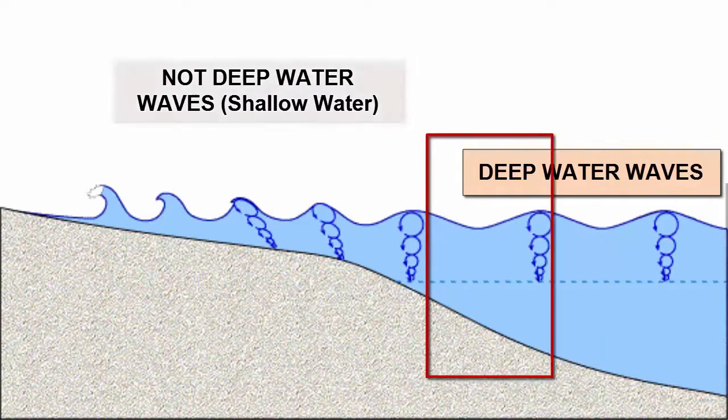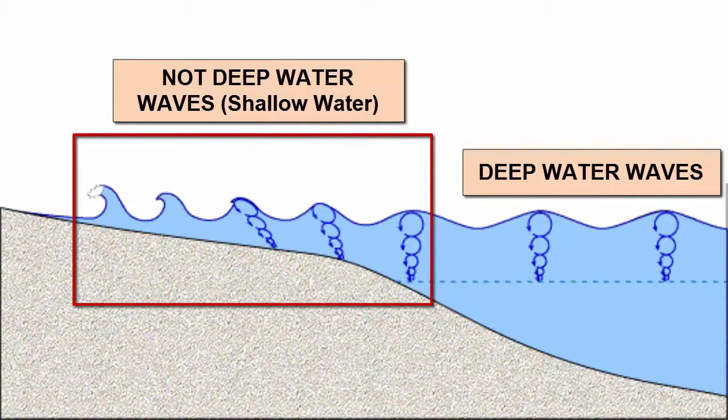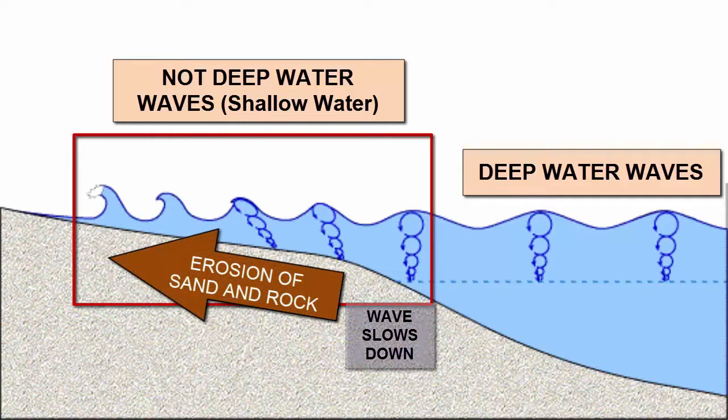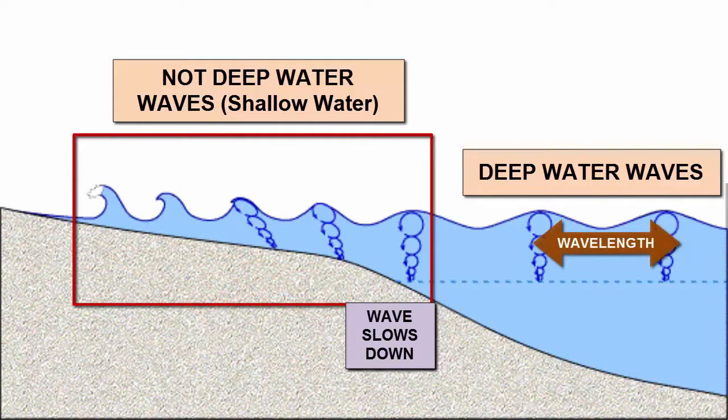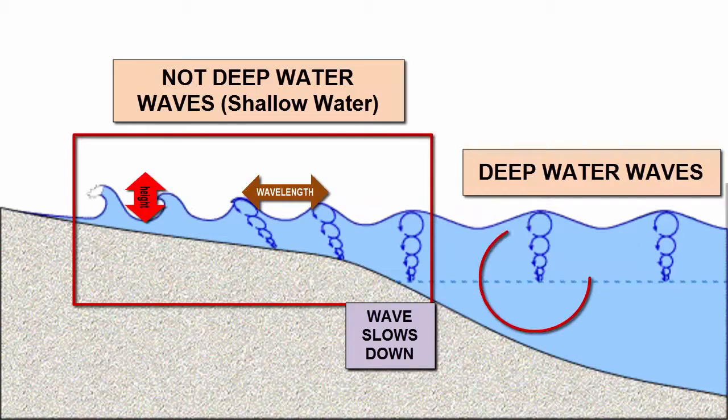Once a wave enters water that is shallower than its wave base, it now transfers its orbital motion to the rock or sediment on the seafloor. That transfer of energy will pick up and move sediment, erode rock, and generally cause a frictional slowing of the base of the wave. The top of the wave might still be moving at its original speed, but the base is slowing down. This causes waves to bunch up, their wavelengths decrease, grow taller, and have their circular orbits squashed